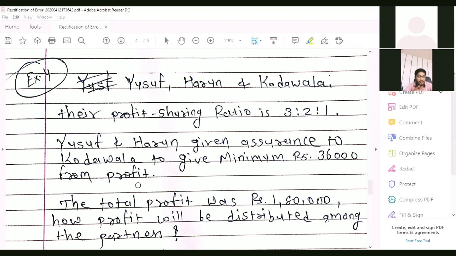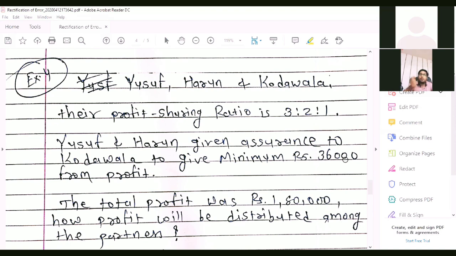It means what? That at the end of the year, whatever the profit, Yusuf and Harun will give at least rupees 36,000 to whom? To Kodawala. If in case the amount they have distributed in their profit sharing ratio to Kodawala is less than